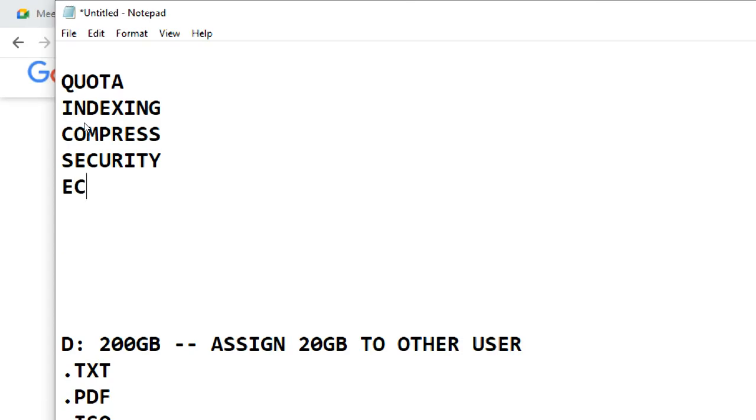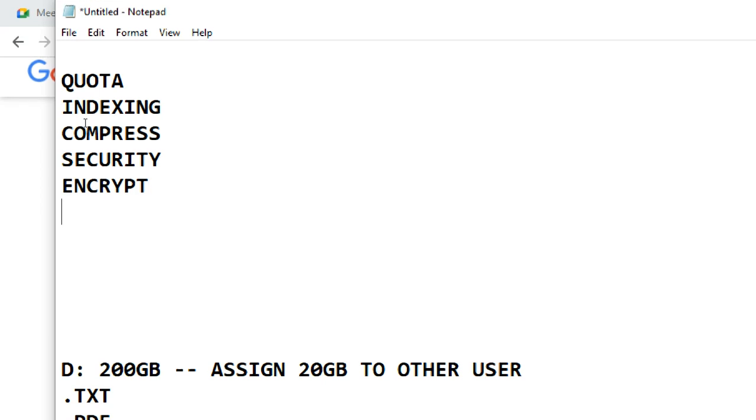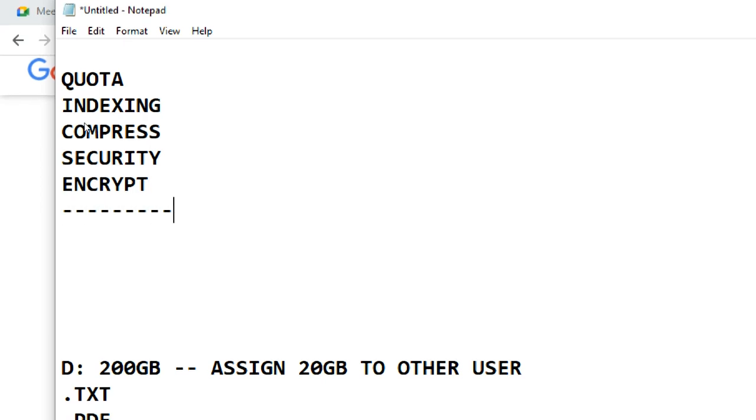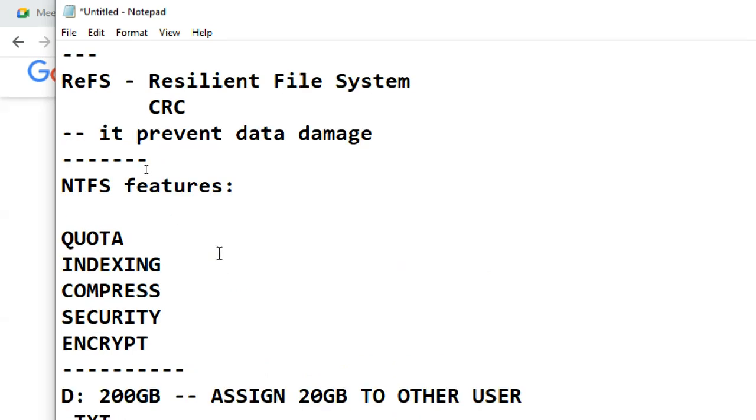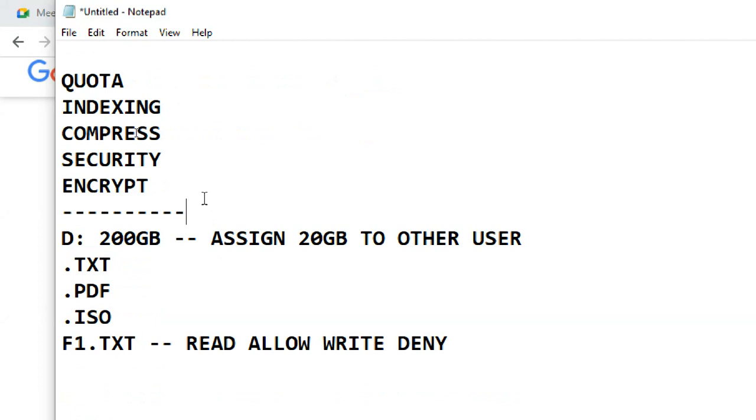Next one is encrypt. It encrypts the data into a different format with different encryption techniques like SHA-1 or SHA-2, SHA-1024, SHA-512. Different encryption techniques are there. We'll see what encryption technique Microsoft Windows 10 is using.